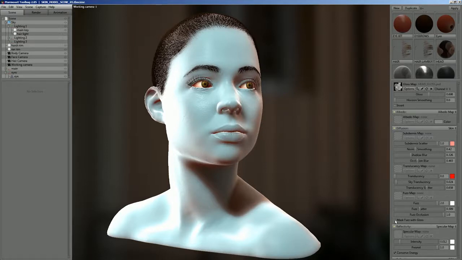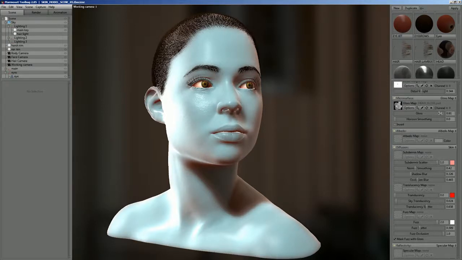When they get wet, that soft sheen of light that would appear over the surface just disappears due to the wetness. So that's basically what the mask with gloss is simulating, except in the case of skin, it's taking into account the oiliness of skin and how that would diminish the effect on